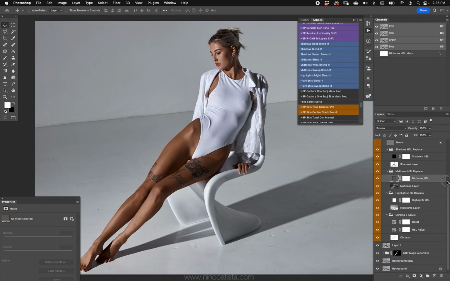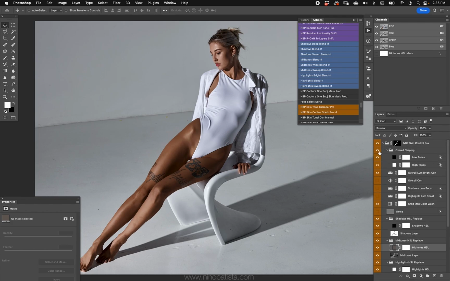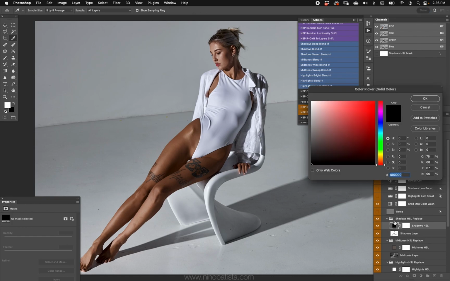All right. We also have overall shaping. So I'm going to make that a little bit stronger, but the shadows are a little less strong, maybe like 10%. Overall luminosity. That's a lot deeper, which is what I wanted. Don't get me wrong. Let's see what the shadows are doing. Let's dial in the color here. How about like a